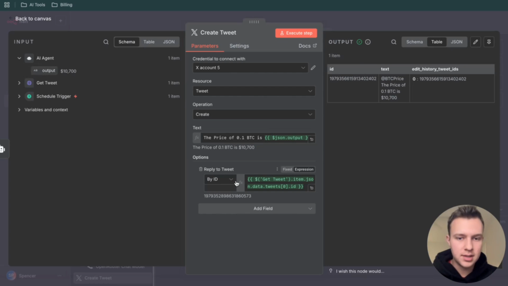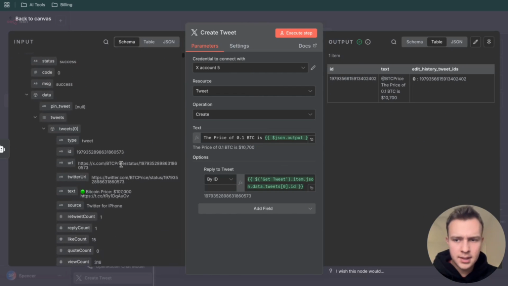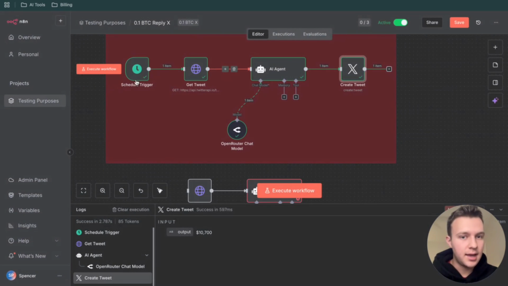And then we're going to reply from this tweet when we had the get tweet. And then it is the item JSON data tweets ID. So it would be this right here. And you drag and drop this in here so that it has that exact tweet ID, and it knows, okay, I'm posting this comment saying this to this account from this tweet ID. And after you run that and then connect it, I mean, you have automated your replies